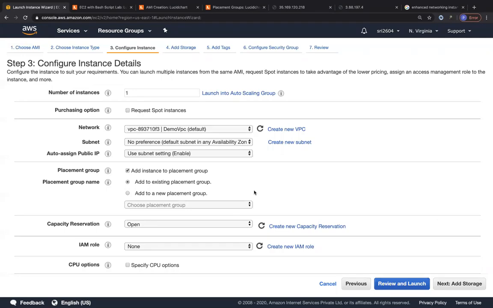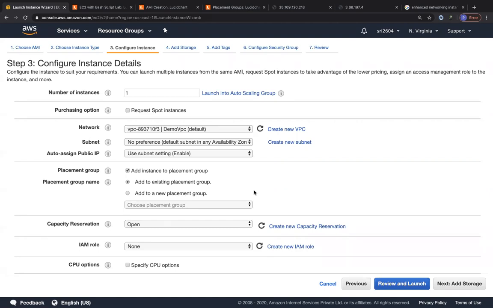And when it comes to the partition placement group, you can create partitions. For each partition, you can have up to 7 EC2 instances, so you can go up to 7 partitions. So you can go up to a lot of partitions and a lot of EC2 instances. I think there is a particular limit regarding that, but I would like you to read up on the AWS docs regarding that. For each partition, you get multiple EC2 instances within that partition, and EC2 will try to keep your partitions as equal as possible. So if you have 3 partitions and you create EC2 instances in each of them, it will try to keep it as equal as possible, placing 6 EC2 instances across 3 partitions, like 2 on each partition.